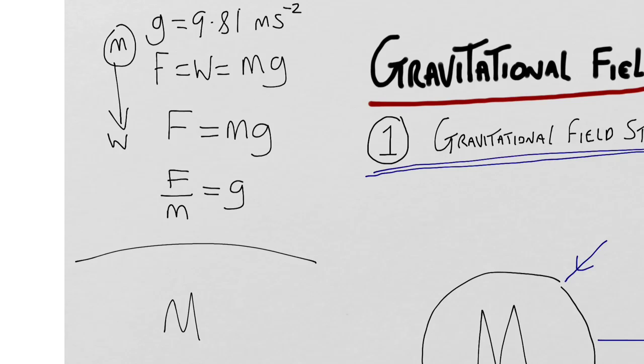Now, this is very interesting to us because this is F over m, which means force per unit mass. That is the force that will be experienced on every kilogram of an object. Now it's generalised and applies to everything: me, you, a car, a house, or a feather. It doesn't matter, because it's telling you the force that would be felt on every kilogram of mass of that object. And it's a constant value, the strength of gravity at the surface of Earth, which is why we say 9.81 is the value at sea level, because that's where it's calculated.